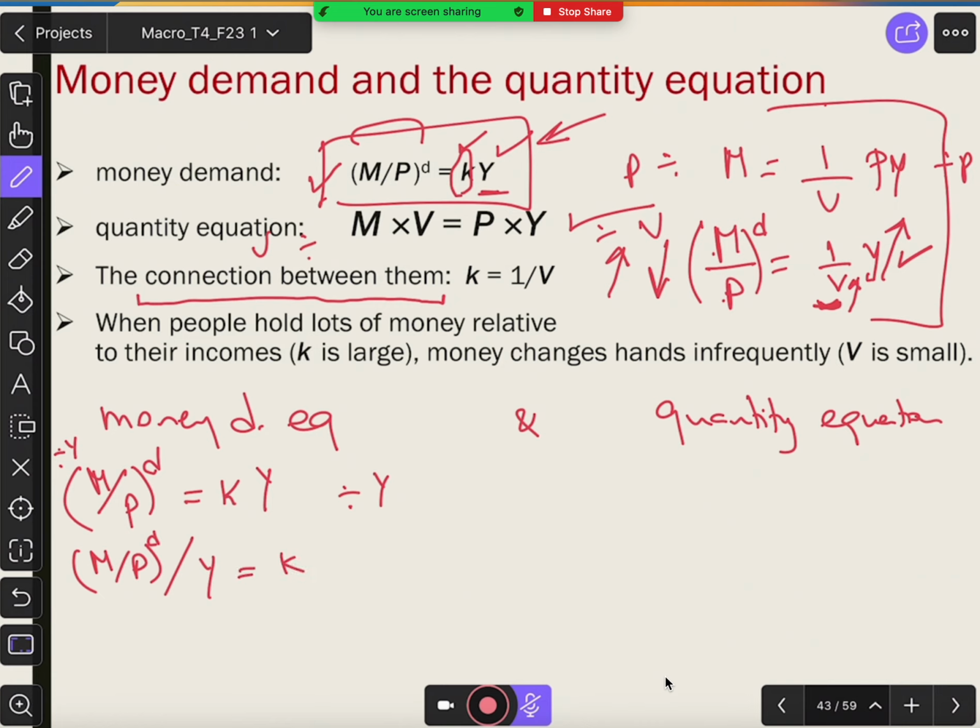If I go to the quantity equation, then it's MV equal to PY. This is the quantity equation. And then if you divide both sides by PY, P times Y, then this